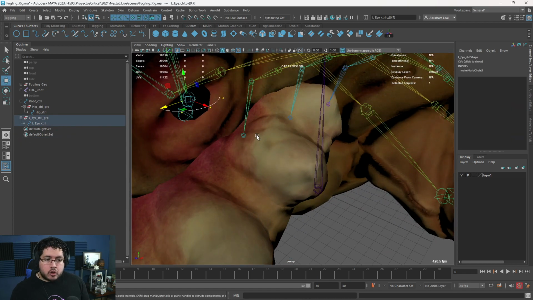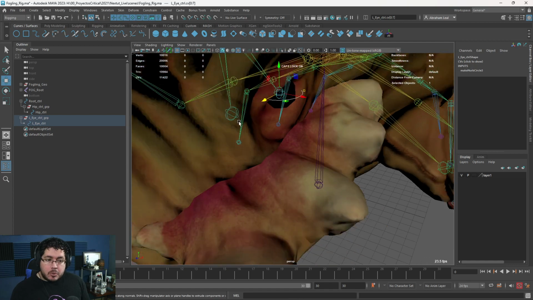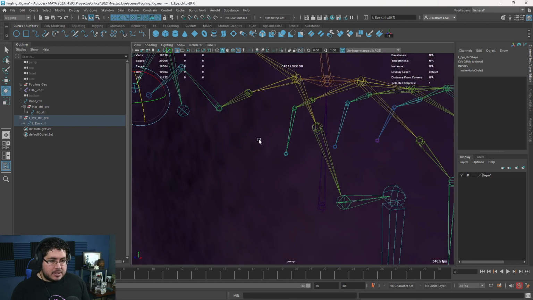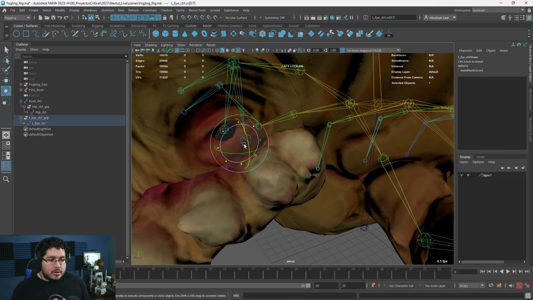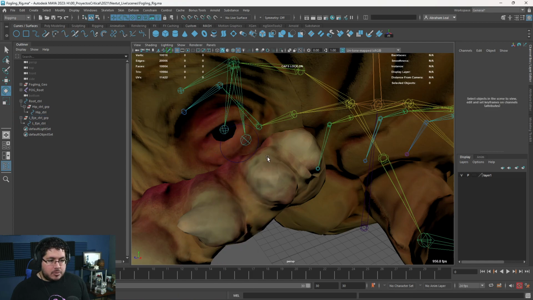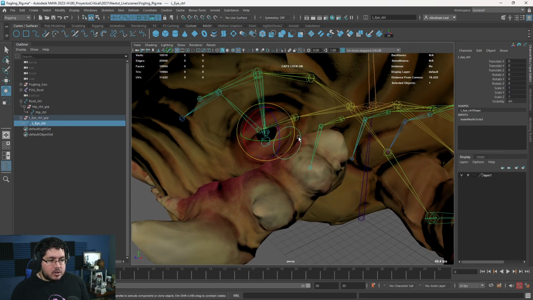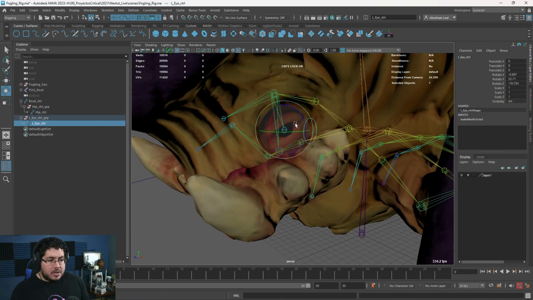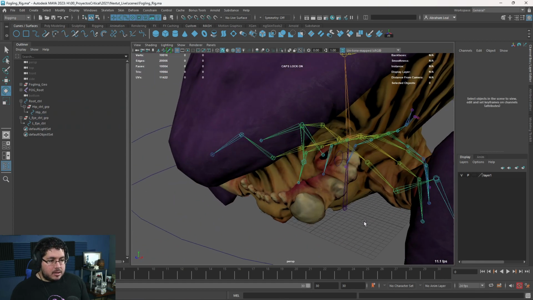Remember, we don't move the curve, we move the control vertices, so the pivot point remains exactly the same. So I'm going to move it right here. I'm going to press E and click to turn on discrete rotate, and I'm going to rotate this 90 degrees like this. So now, if I just select object, you can see that the pivot point is right there. So I just select this guy to get quick access to the eye, and now I can animate the eye, or that's how I'm going to be animating it.